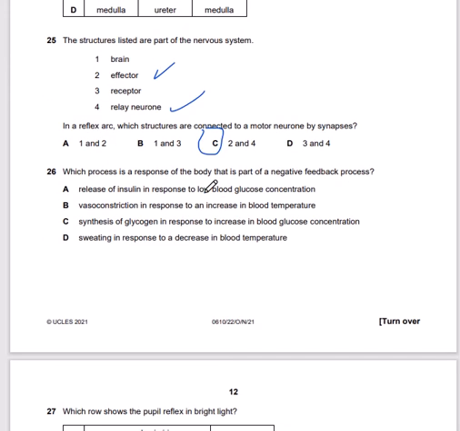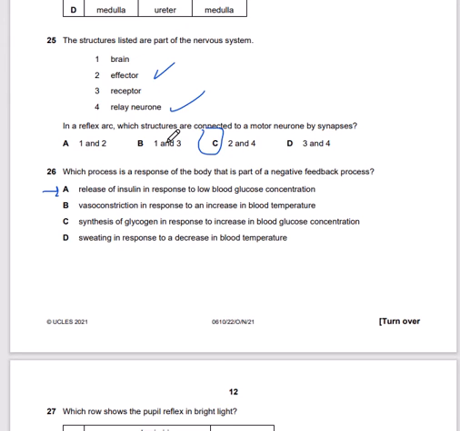Which process is a response of the body that is part of a negative feedback process? Release of insulin to respond to low blood sugar. No, insulin is used when the blood sugar is high. So you only do this case if you're planning to kill that person, and hopefully it's not your neighbor. Anyways,